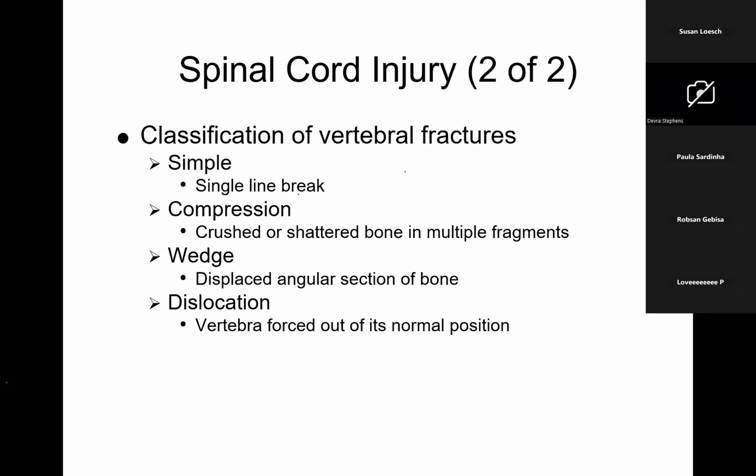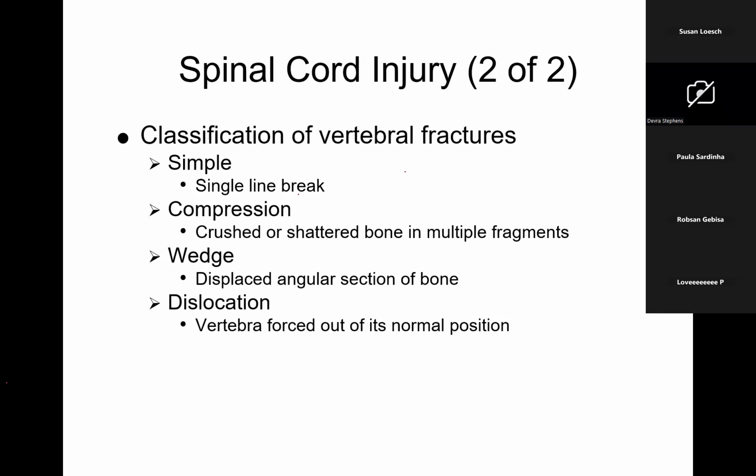All right. Vertebral fractures can be classified as simple, which is a single line break. Mostly they're going to ask you, I believe, about the compression one, so you got to know about that. This is crush or shatter bone in multiple fragments. So we're just talking about this, diving from a high area into a shallow pool or no water, or jumping from a high area onto your feet. Or if you had a problem with your disc, and it caused this compression to occur. A wedge, which is a displaced angular section of the bone, or dislocation where the vertebra is forced out of its normal position. So we'll see a lot of these involved in MVAs,